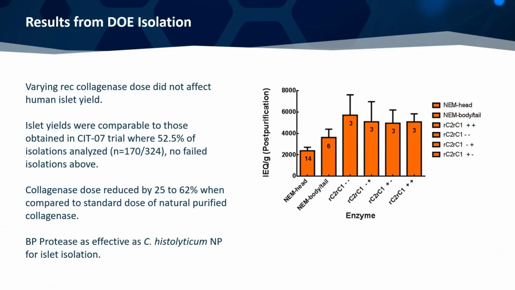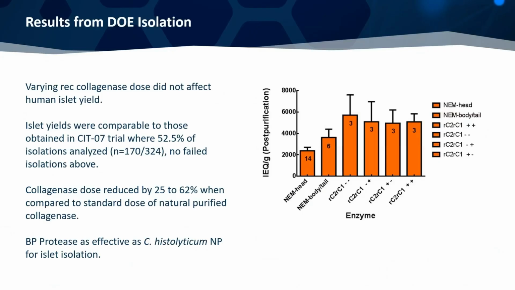As you can see, we did a total of 14 isolations and all the isolations worked, all 14 that were performed. And as I mentioned before, we did 3 isolations for each group: the low, low, high, low, and high. And you can see, much to our surprise, dose didn't make any difference. The important thing to realize from this study is that we're getting about 5,000 islet equivalents per gram of tissue,